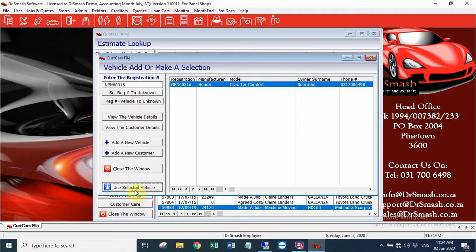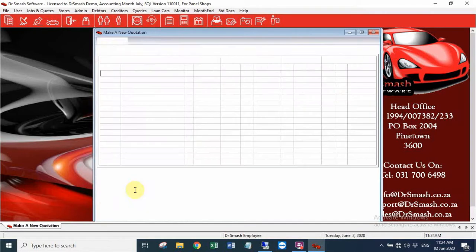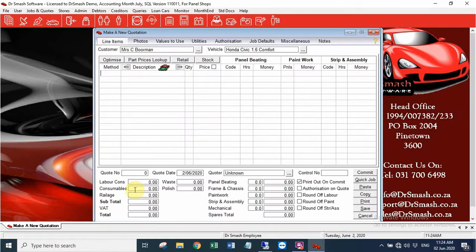Use selected vehicle. When you have come in now, if I typed in 1 hour of panel beating, it comes up with my 265, and with my paint work, it will actually come up as my 1850. We now want to go in and select the correct rate that we want to use. So we can go to values to use,